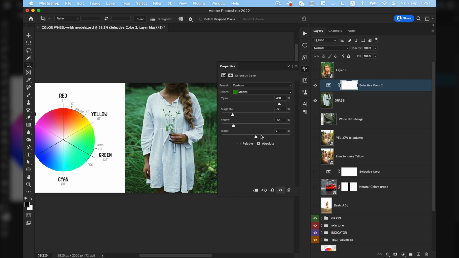If you want to change the brightness of your greens, if you want to brighten up your green colors, just slide the slider to the left. And if you want to create more dark, more vibrant, more saturated look, just move the slider to the right. I'll leave it here. And if you want to create your custom preset with selective color, go to this menu